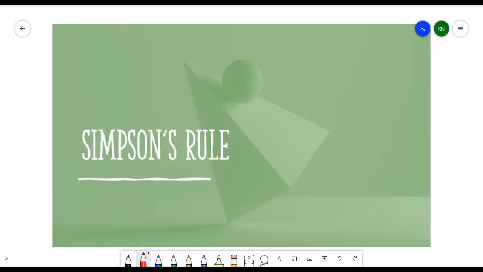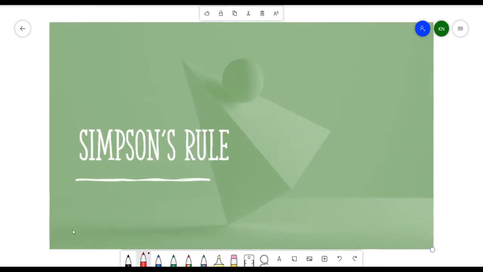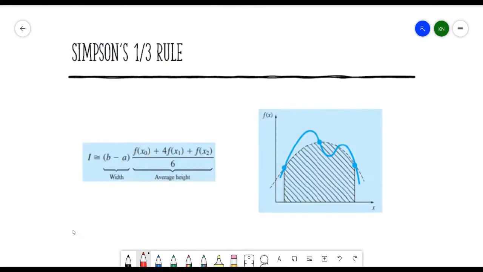Hello everyone. So in this video, we will be discussing Simpson's rule. Simpson's rule is under numerical integration in numerical methods. This is another way of solving an integration, or integrating an equation, using Simpson's rule. Simpson's rule actually has two types. The first one is the Simpson's 1/3 rule,